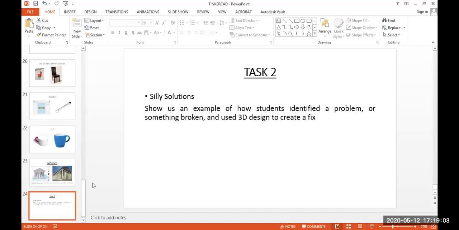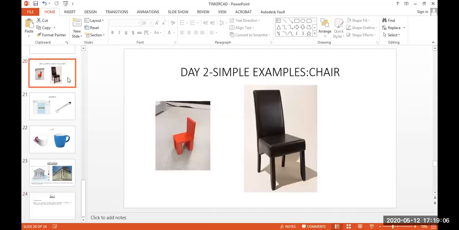So I will start with the design of a chair, a simple design. With the help of this simple design, I will explain various commands. You can see this is a chair. It consists of 4 legs, one seat, and one back.